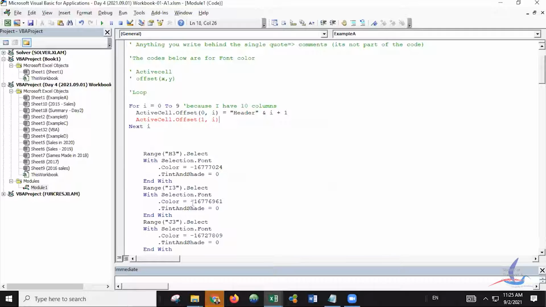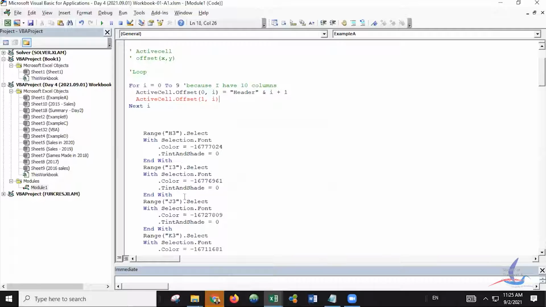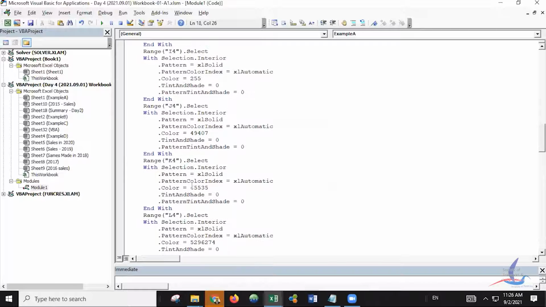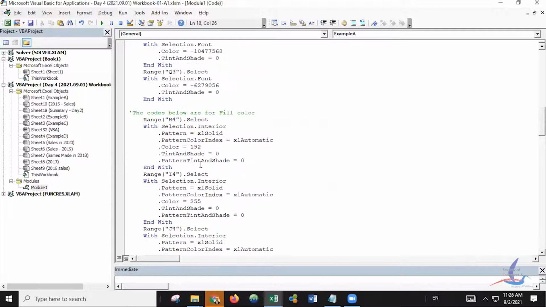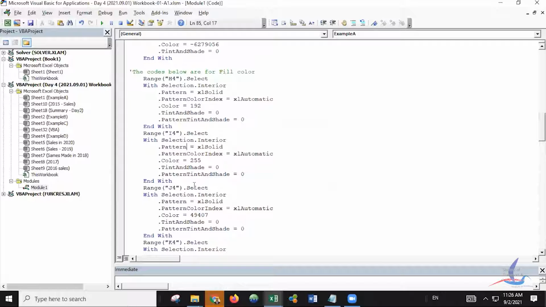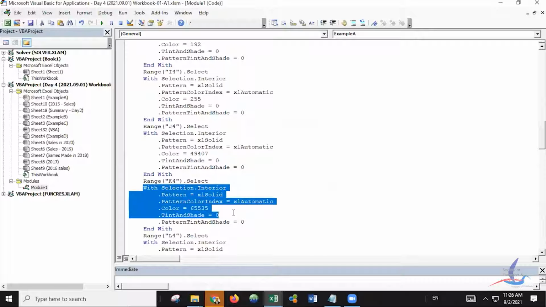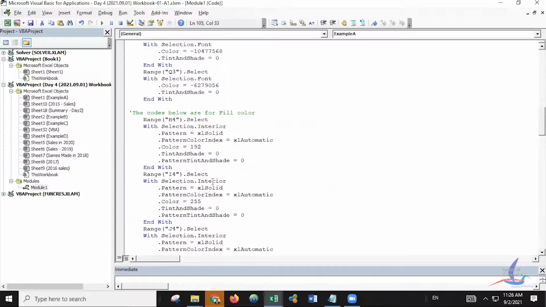So what I'm going to do is some interior color, right? So let me select the interior color we have. Yes. Okay, let me select any color. The first one is the dark red. This one is the red. This one is orange. This one is yellow. So let me select this one, right? Let me select this one and bring it here,